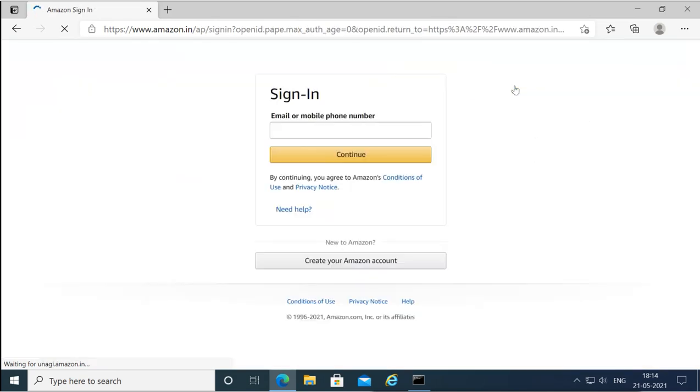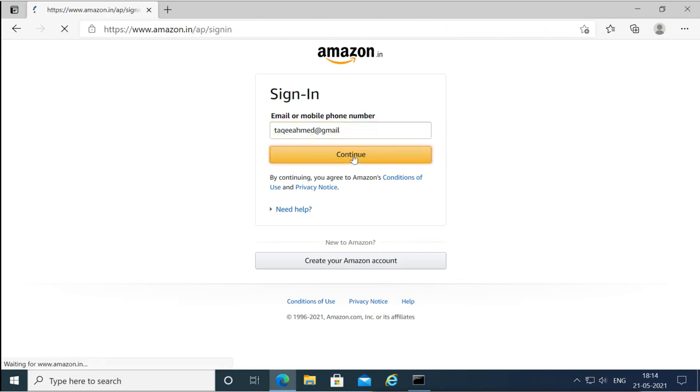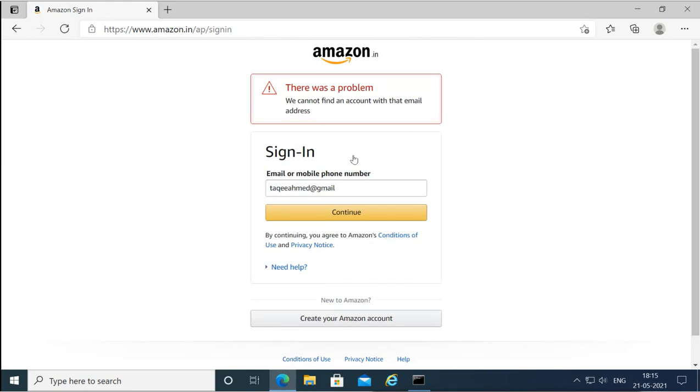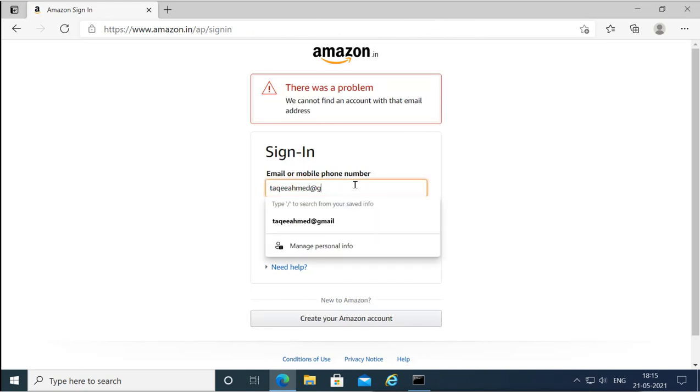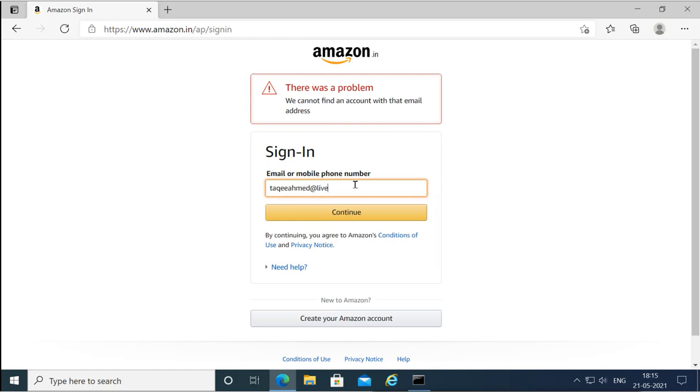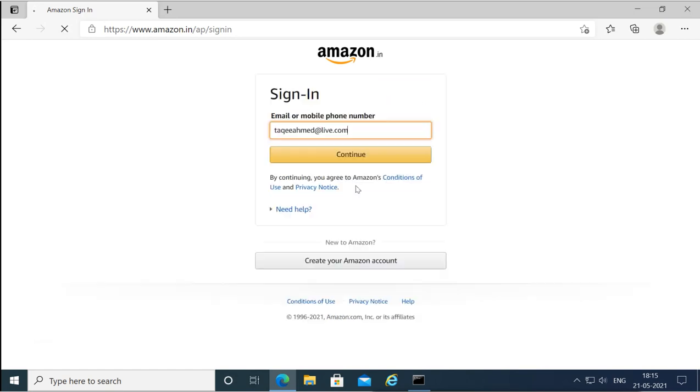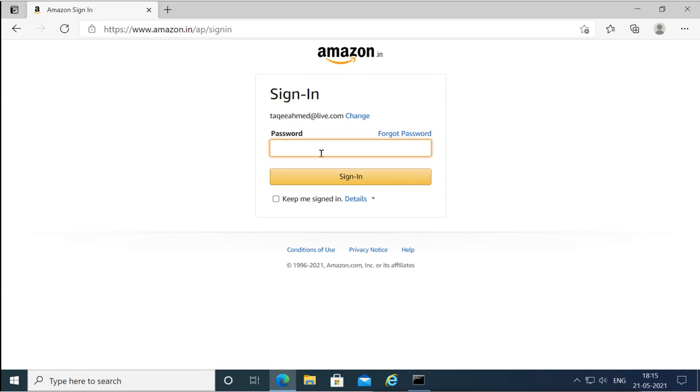Even if the attacker is in the middle, they still can't see what we are typing here. For example, if I say this is my username, oh, it's a problem. Okay, I will use my real email address, maybe I was trying to use my fake one. Okay, then the password.